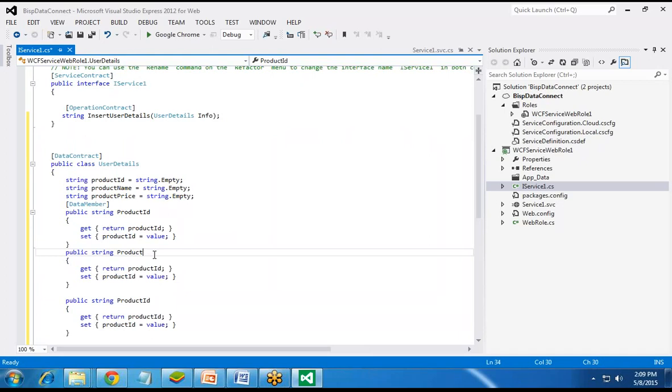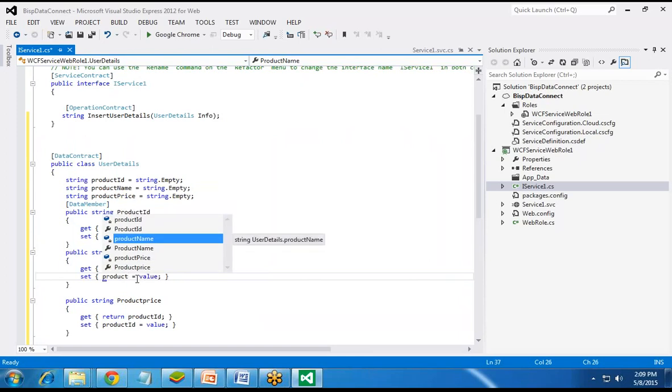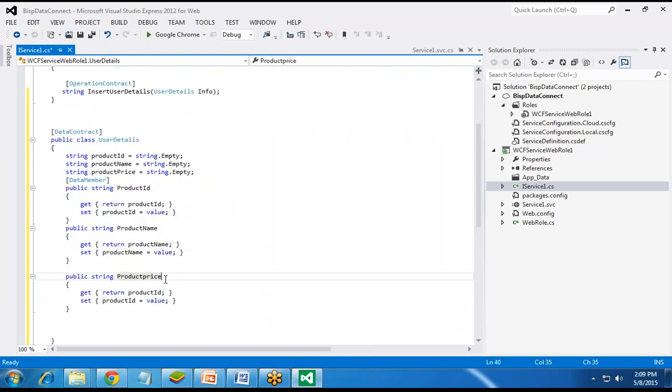I'll copy and paste them and change them to ProductName and ProductPrice. The getter will return ProductPrice, and in the setter I set ProductPrice to value.